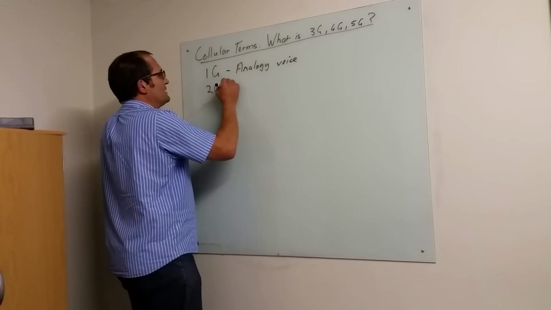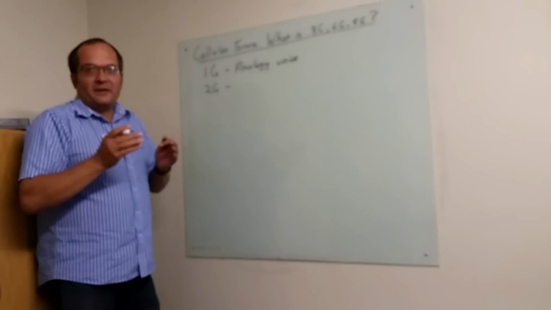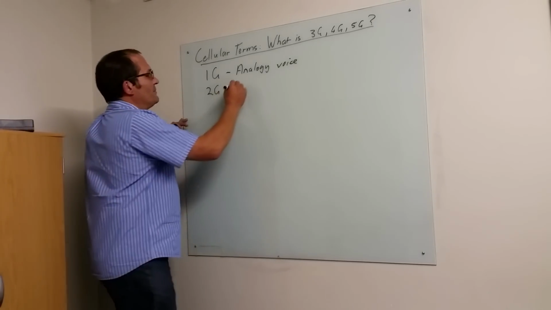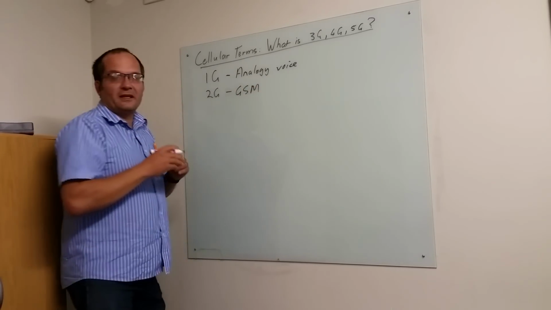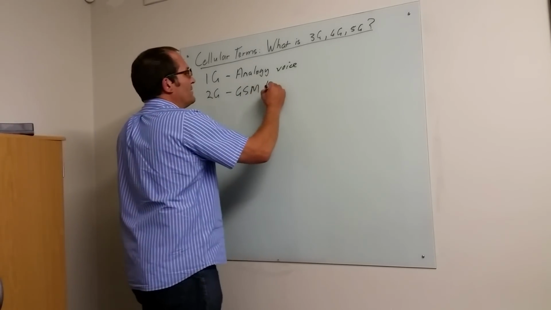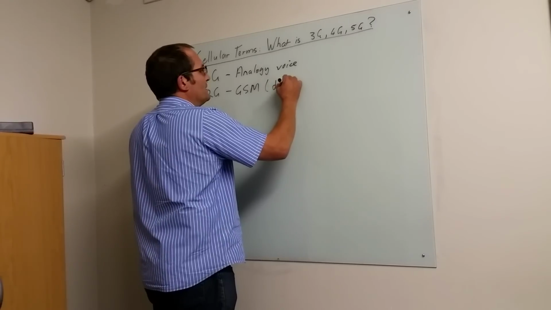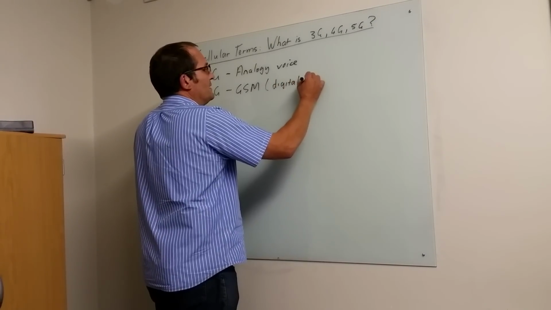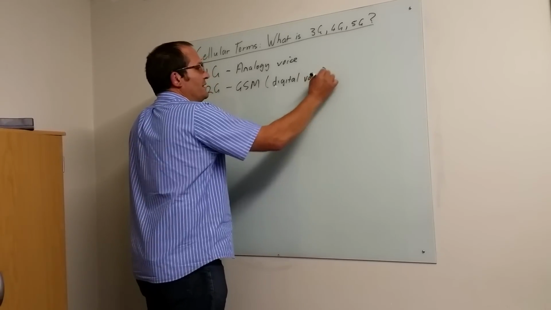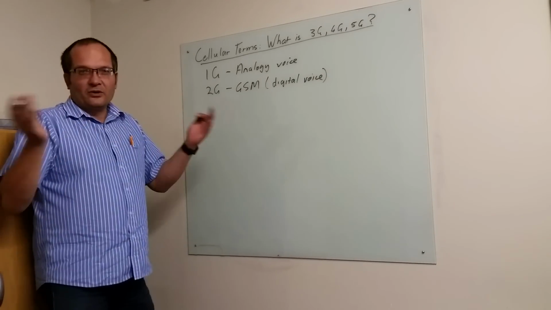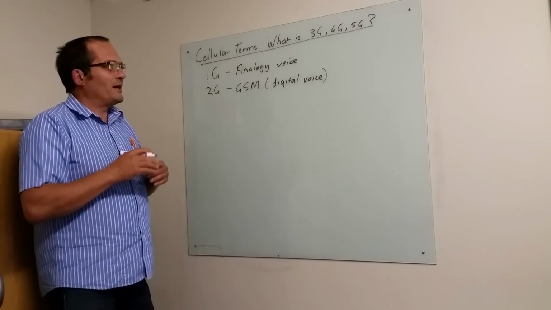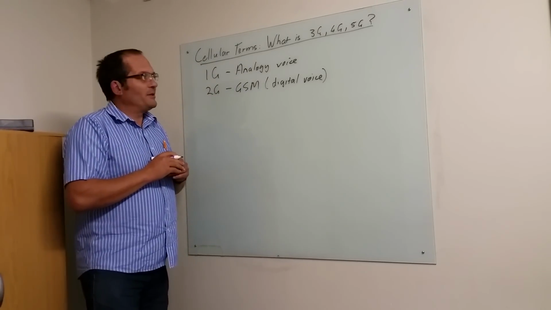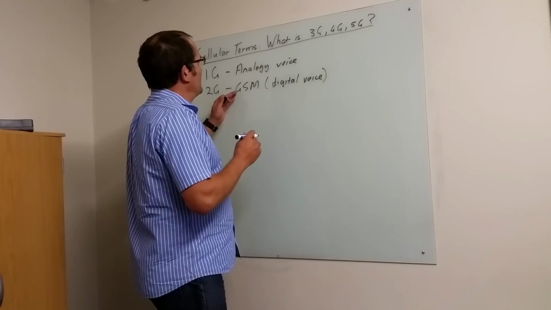Second generation is the stuff that, for example, in South Africa we started with. The most common standard was GSM. And GSM was, in other words, digital voice. So that was the main change between the first and the second generation. So this was actually digital, which meant better quality. It also means it could be routed using digital techniques, and it compressed voice into about something like 10 kilobits per second, and much improvement on this.